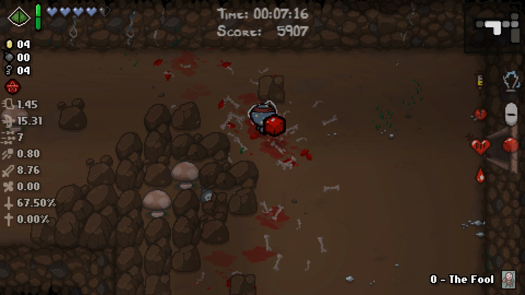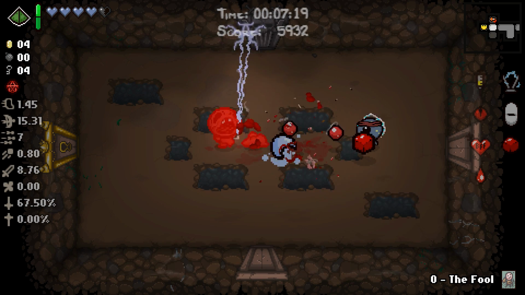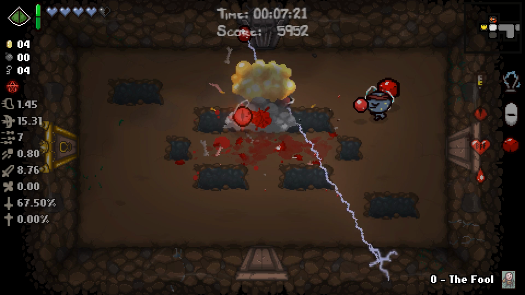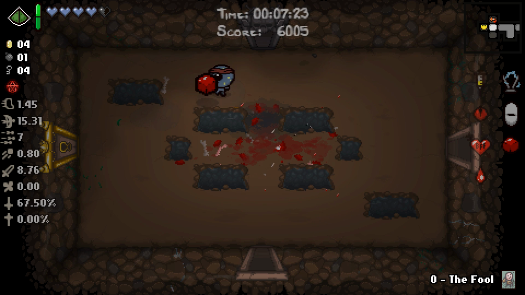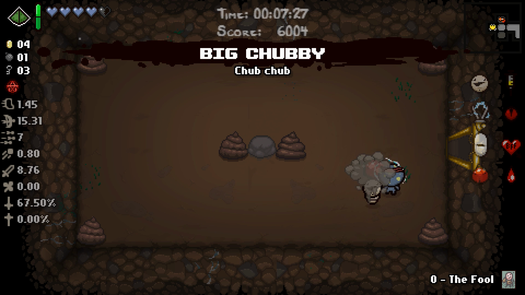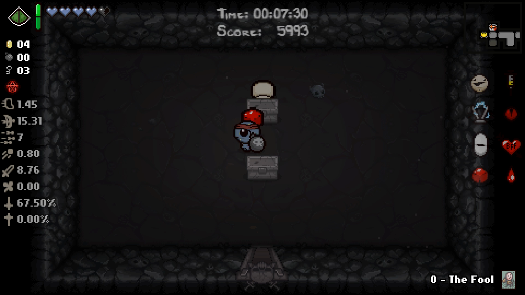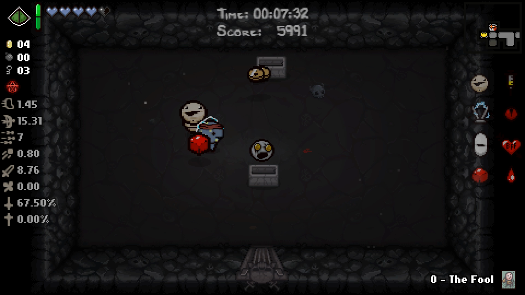Okay, there we go. I don't see any tinted rocks in this room. Get exploded. There we go. See what we got in our item room. Big Chub. Sure, I can live with Big Chub. And yeah, we'll blow these up for...